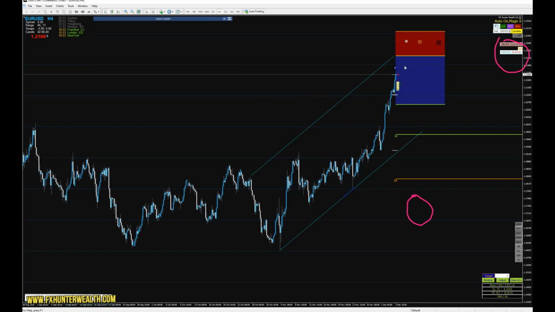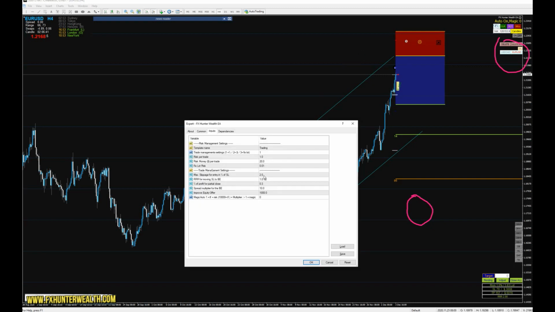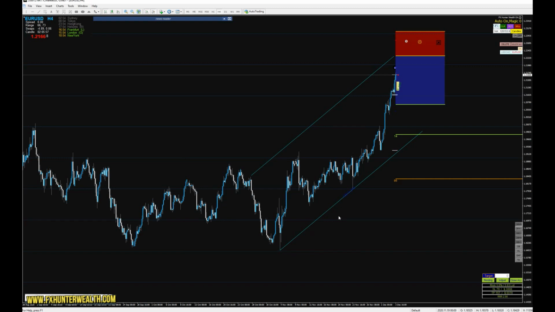There are many things. For example, look here, I click F7 and it brings me this. What I can do in here is the partial close, and it will automatically close part of my trade. For example, I want to close half of the trade when it reaches halfway to the profit. So I can set it up in here, and if the trade reaches here, this EA will close half of my position. It can of course also move the stop loss to break even if I set the half, and here is how many pips I want to move it to the break even, 10 pips above or below the entry. There are many things like this which are